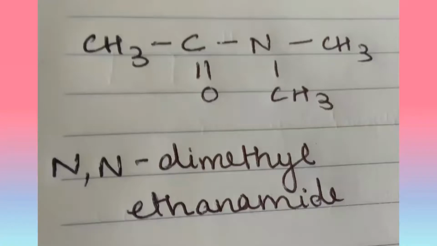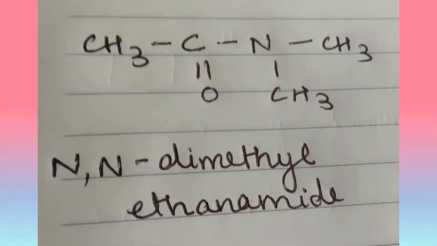Now here you can see that I have put a hyphen in between the N and dimethyl, and also a comma between the two N atoms. Now I'll explain how this is done. Whenever you're naming an amide group or an amine group, if there are any particular substituents attached to it, for every substituent that's attached to the nitrogen group, you add an N in front of the name. So since there are two of them attached here, you write it as N,N. Just like any other compound, if there are two methyl groups present on carbon atoms, we put the numbers as 2,2 or 3,3 or sometimes 2,3. So here, since they're attached on the same nitrogen atom, we write it as N,N. Here they are present in the place of that locant number.